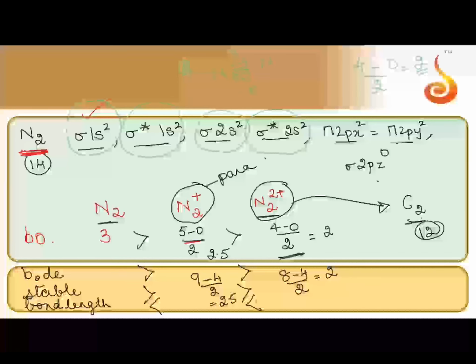When you're writing, say for example, alkyne, we say that one is sigma and two are pi, right? So the first bond is sigma, and then we have pi. Now in C2 molecule, it's an exceptional case. Both the bonds are pi bonds. See, in C2 molecule, both the bonds are pi.